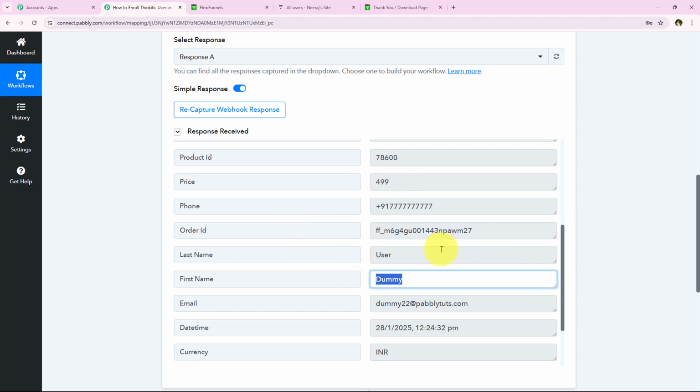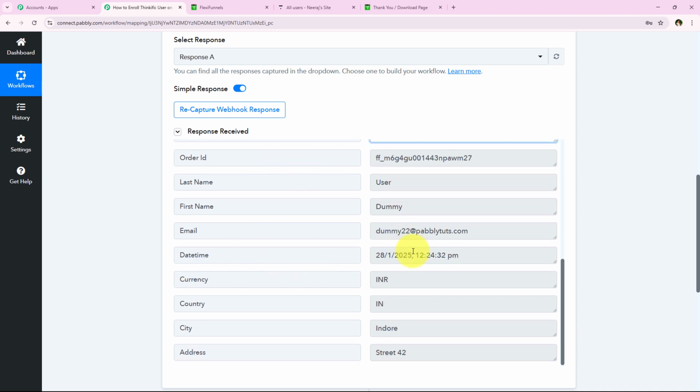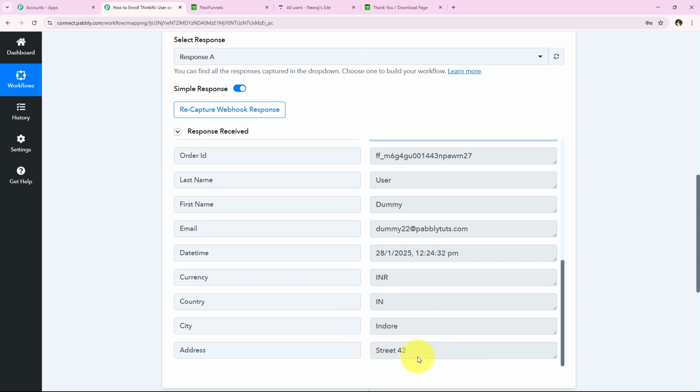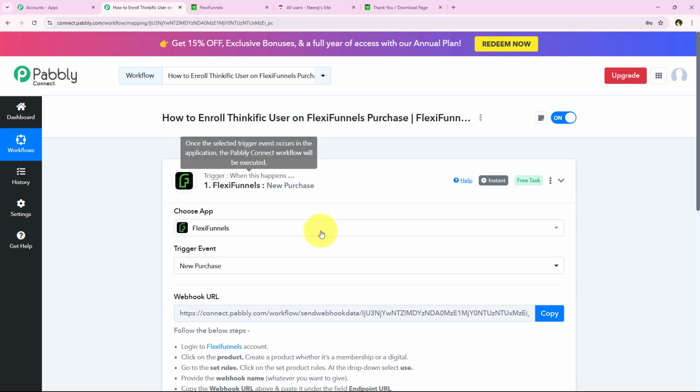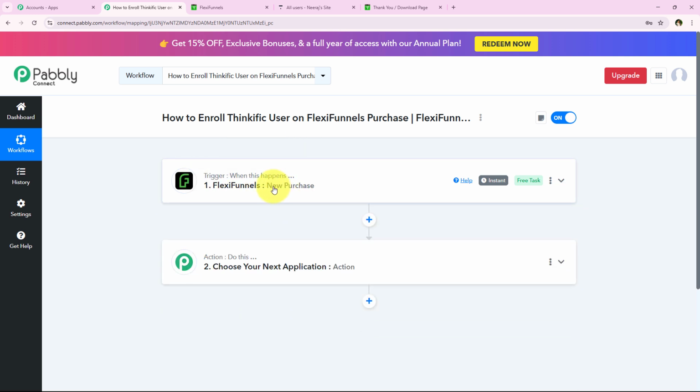You can see the first name, you can see the last name. Over here you can see the email which we entered and the phone number too. We're going to move on forward. Over here you can see the address too which we entered, right? So yes, with this we have successfully completed our trigger step, and now what will happen is that as soon